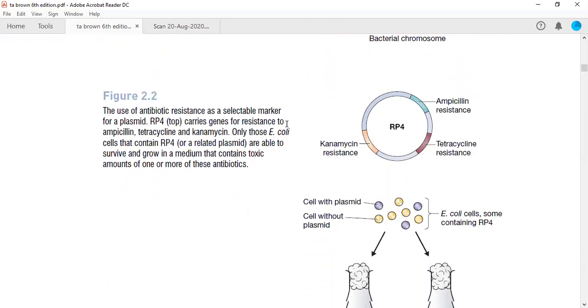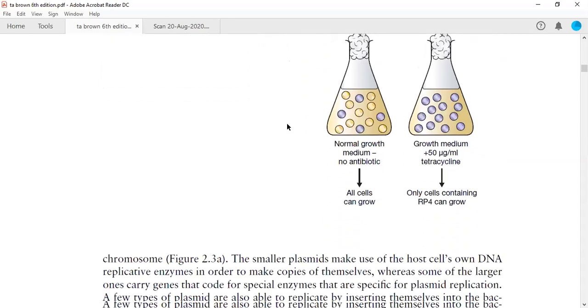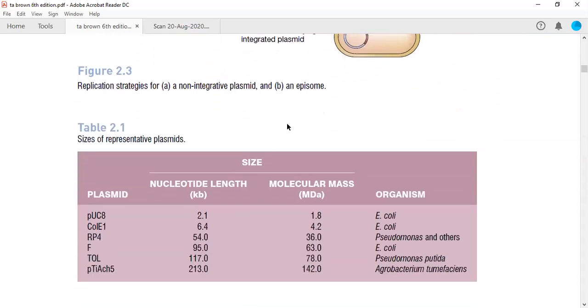Now, how are you going to select which plasmid can be chosen as a cloning vector? The size is generally available. You can find it in the literature, where it is reported for most of the plasmids. They have some molecular mass, and this molecular mass can be calculated from their length in base pairs.